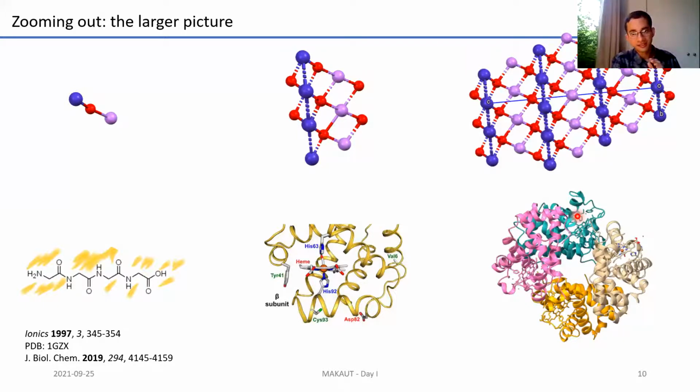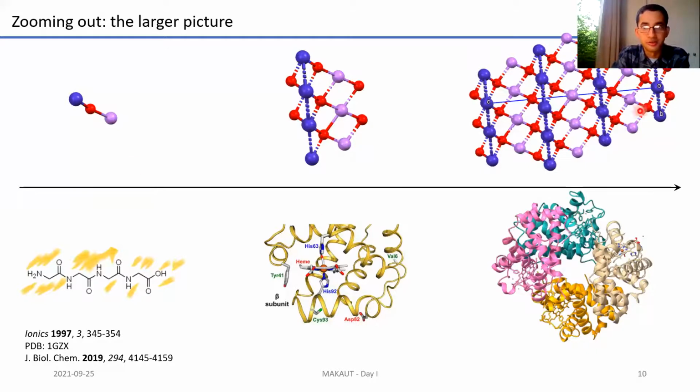So the question you would want to ask, in one sense to enlighten matter, is: how do you go from here to here? What are the techniques you would want to use if you wanted to see something like this, and then later on something like this? Obviously, it's not going to be the same all throughout. It's going to change. But this is a transition that you would probably want to make, from a small-scale view to a large-scale view.